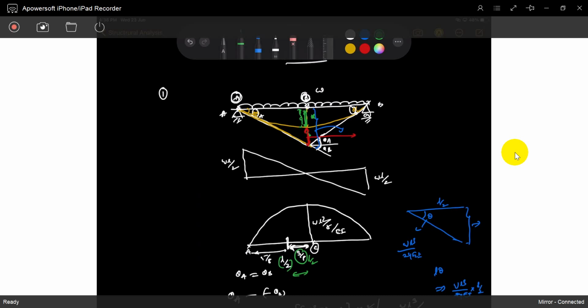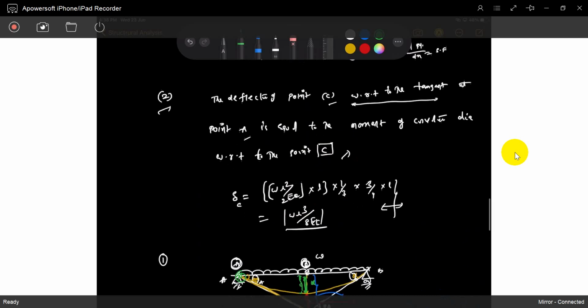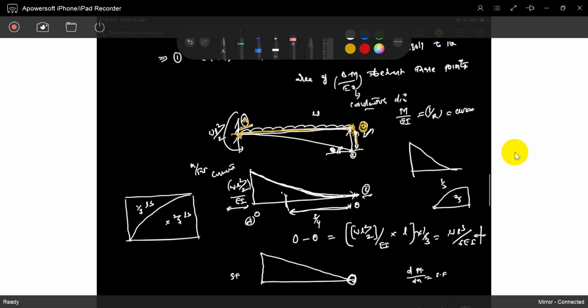Choose the reference point based on the known deflection. So what is the known deflection? We know it has a known deflection. And also at this point, this has no deflection. So at this no deflection point, we can just draw a tangent. It will go directly and reach this point. Okay, so that's it. There is no complication at all in this problem.